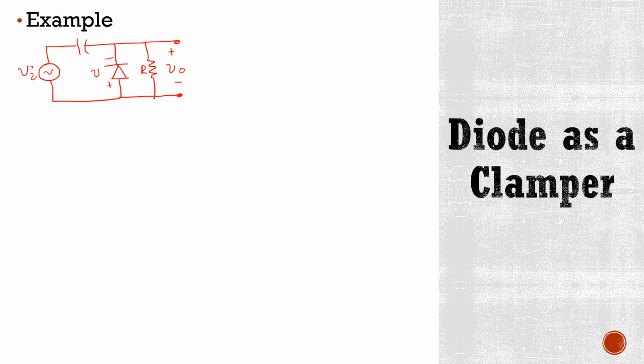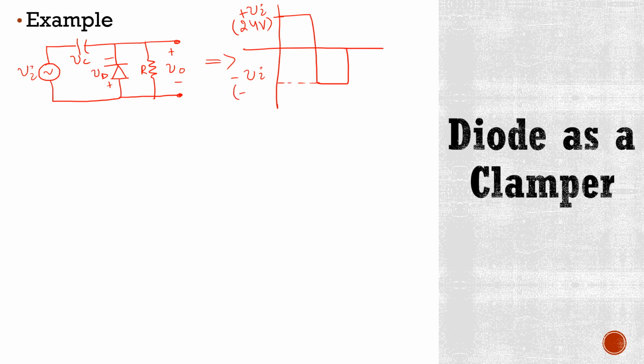Here we have VD. Here the voltage drop is VC. And if the input signal is a square wave like this, where this is plus Vi, and suppose its amplitude is 24 volts, and this is minus Vi and its amplitude is minus 24 volts,